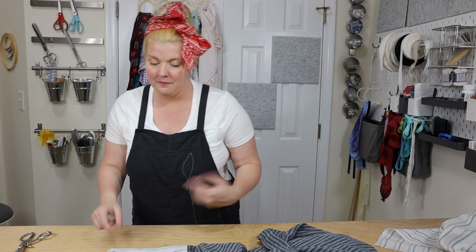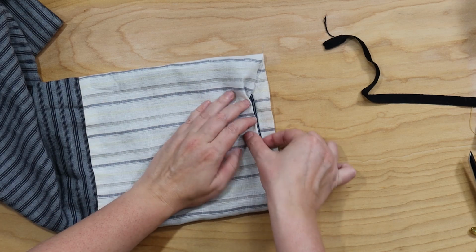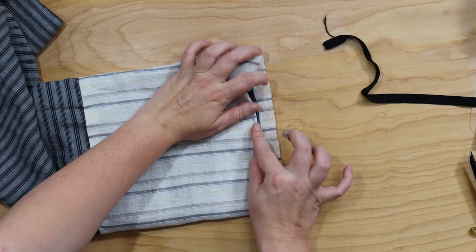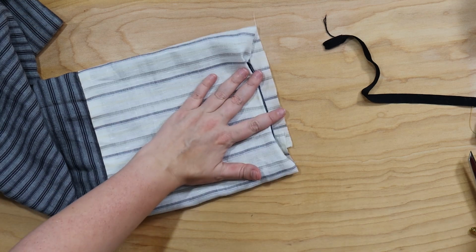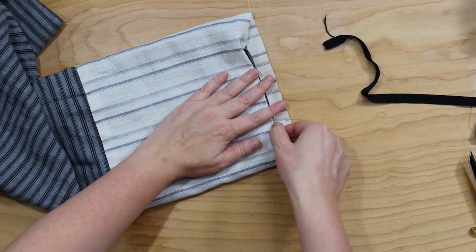I know some people are going to want to pull that hem out, flatten it, make sure that there's not any extra bulk there, and that's a really good way to do it. But I know also some of you are really not going to want to do that extra work, and that's okay. This will work just as well for retrofitting a bedgown. Either way, whether you decided to pull that out and flatten it, or if you decided to just go ahead and do it as is, you're going to want to fold this under